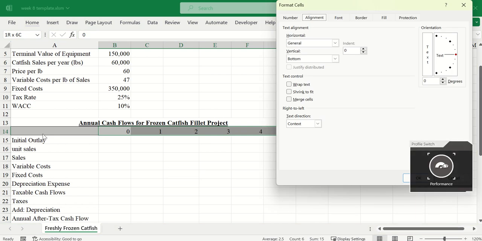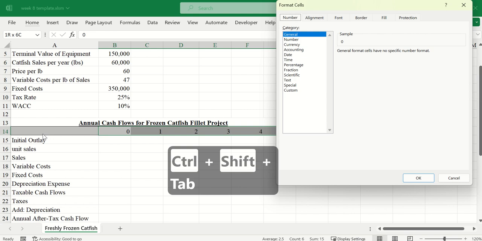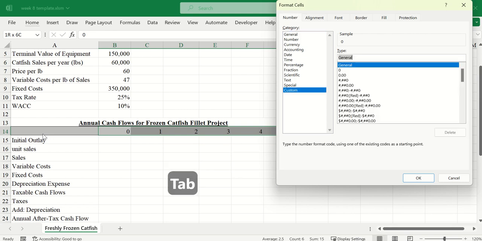Now remember I said it goes Control Tab to go to the next one, it goes Control Shift Tab to go to the previous one, and then Tab down, and then End down to Custom, Tab again to get to the type. And I'm going to put in full quotations the word Year with capital Y, and then a space, because I want there to be a space between the year and the number, and close quotations. And then you might think that I'm going to put a pound sign, but I'm not. I'm going to put a 0,